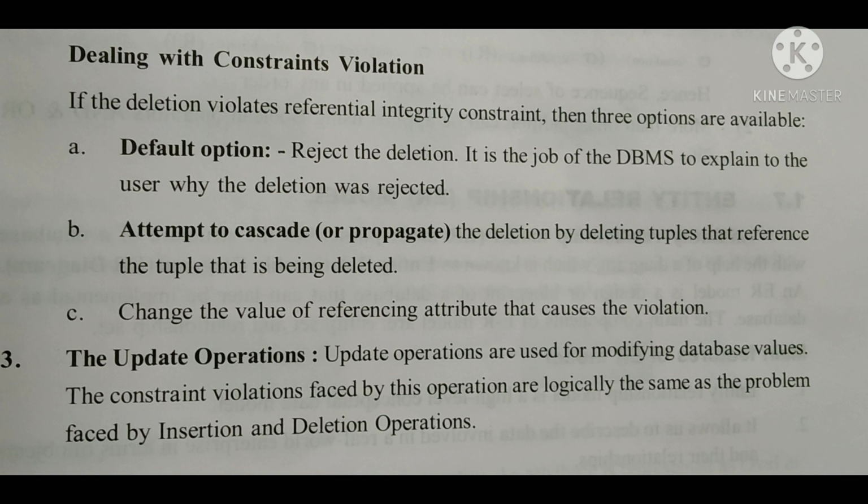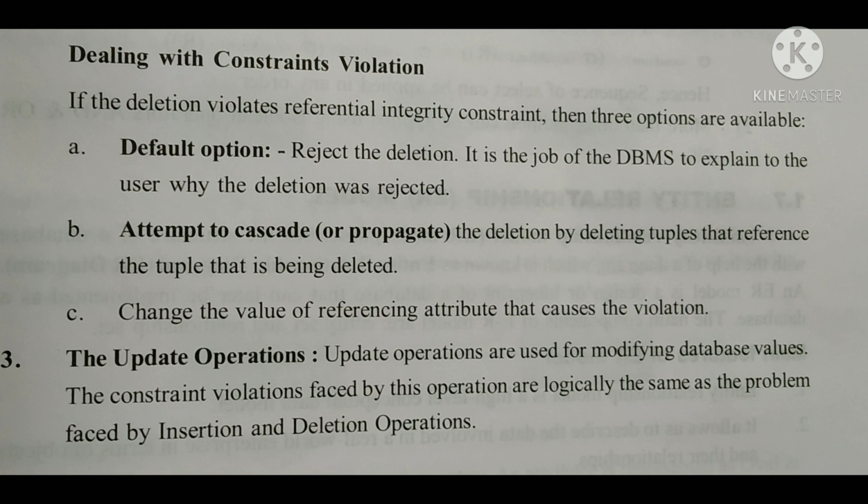Constraints that can be violated during deletion. Only one type of constraint can be violated during deletion: the referential integrity constraint. It can occur when you want to delete a record in a table where it is referenced by the foreign key of another table.